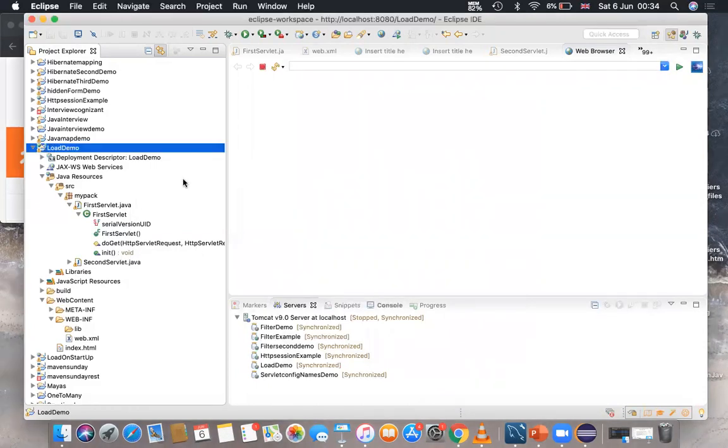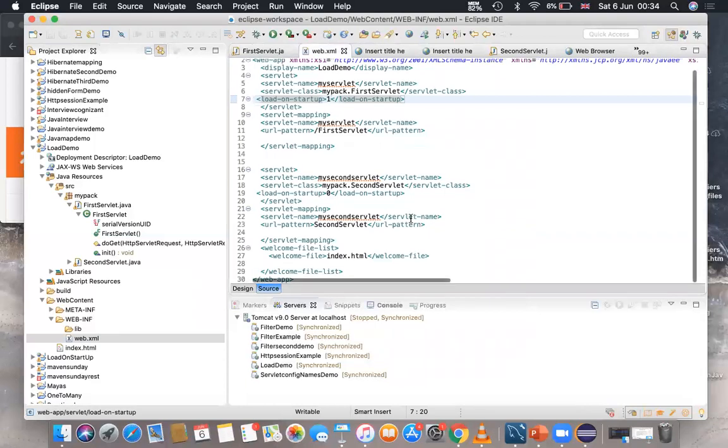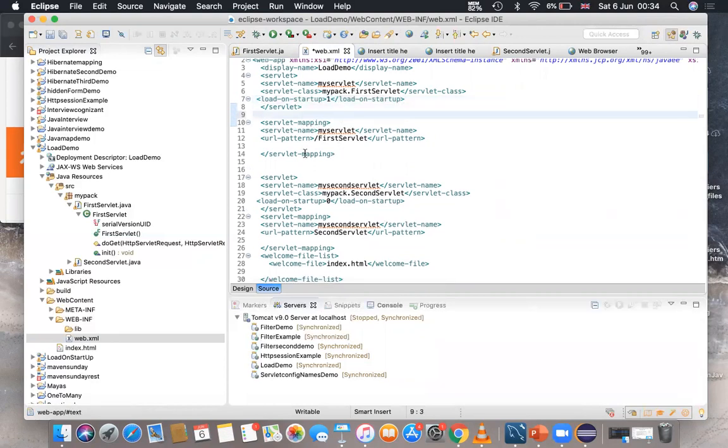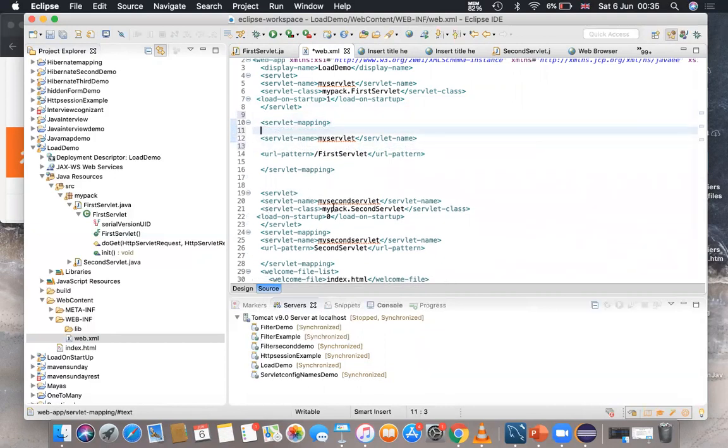So there is a mistake in the web.xml, I guess. Servlet name, servlet mapping, and then servlet, my second servlet, mypack.SecondServlet, load-on-startup.